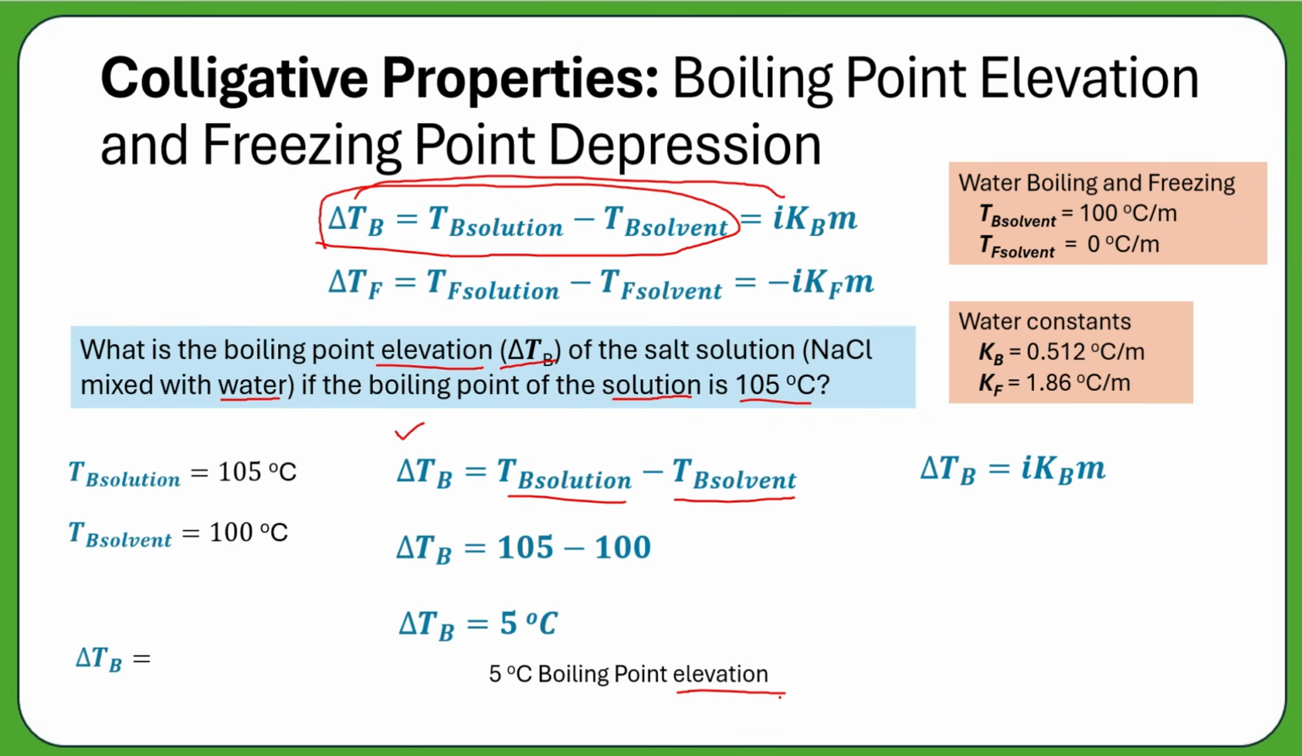It means it increases by 5 degrees Celsius. That's why we call it boiling point elevation. And of course, in freezing, it will be different. You'll be performing the same thing, but it will become freezing point depression, for the temperature below the new freezing point. Okay, now how about if